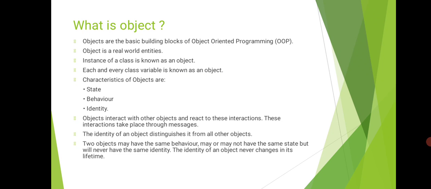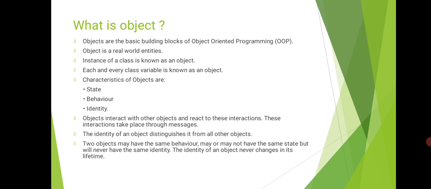Messages are nothing but methods. So here there are two methods, meaning one method is communicating with another method through the objects. So objects can communicate with each other through methods itself. Without methods it can't communicate, or it can't access the data also. So we want methods to access the data as well as to communicate.